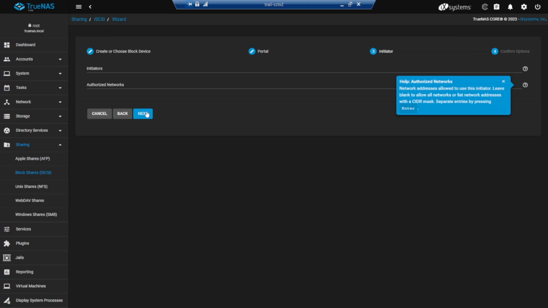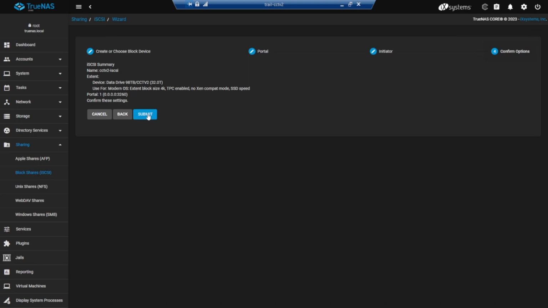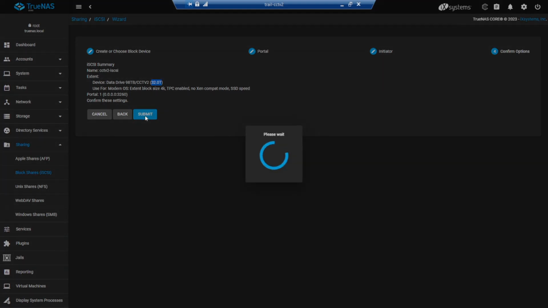I'm not doing that right now because I'm not going to limit it as I initially do the setup. And when I'm done, it's going to come down here and say it's going to be called CCTV2 iSCSI. It is going to use this 32 terabytes off of this data drive, and it's a modern setup with this portal. Once I hit submit